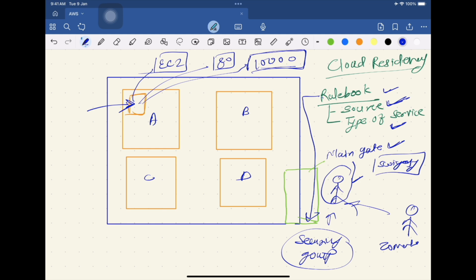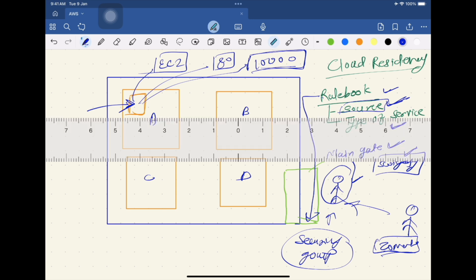By default, in a security group, everything is denied. So in order to have access from the outside world, you have to make the entry first in the security group, and only then would that particular source be able to access the service on a particular port number. Talking about our example wherein only Swiggy was allowed but not Zomato at the beginning, this kind of scenario may also occur in AWS, wherein we want a particular IP to access our resources or our service on a specific port number.